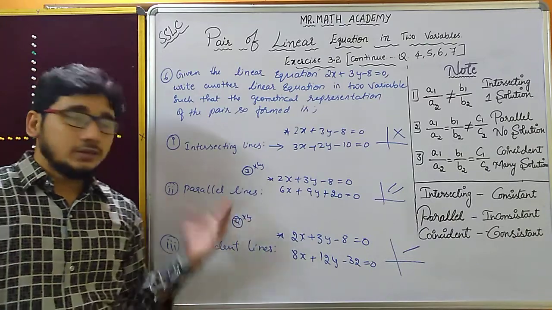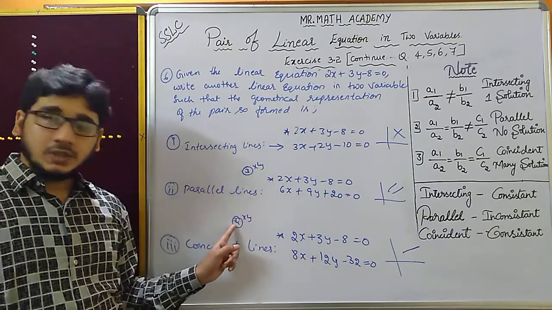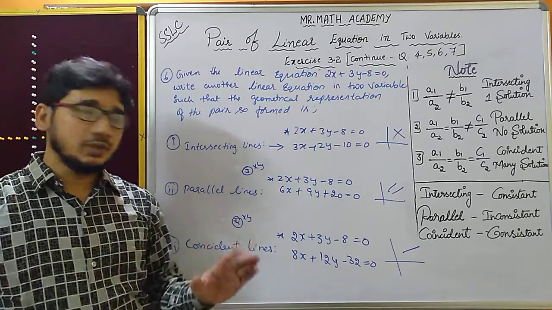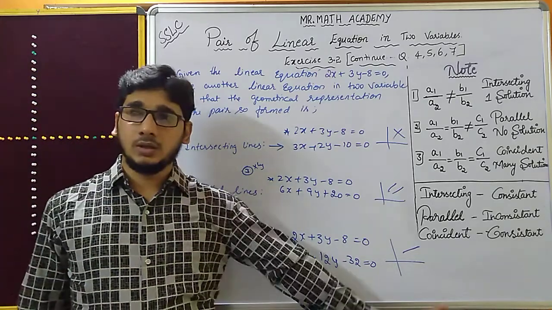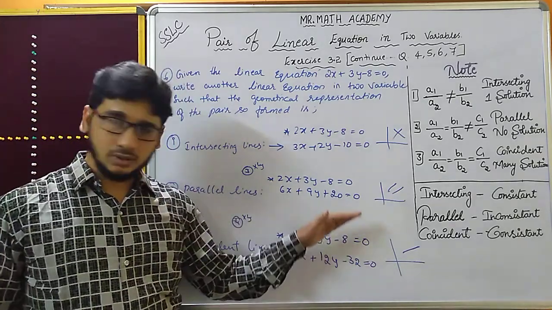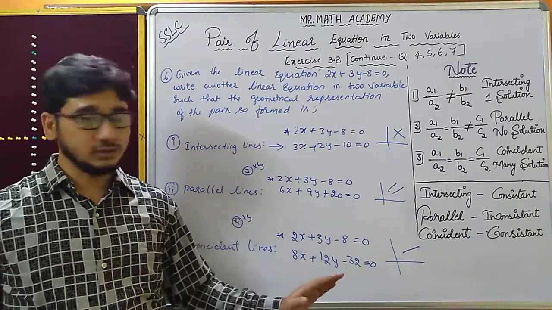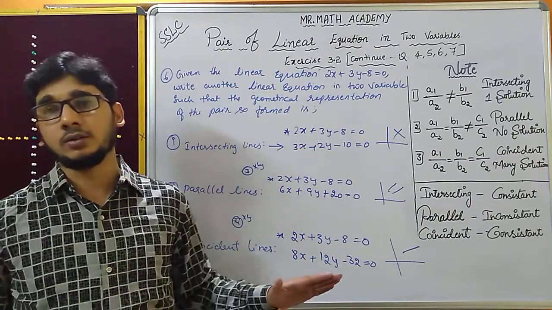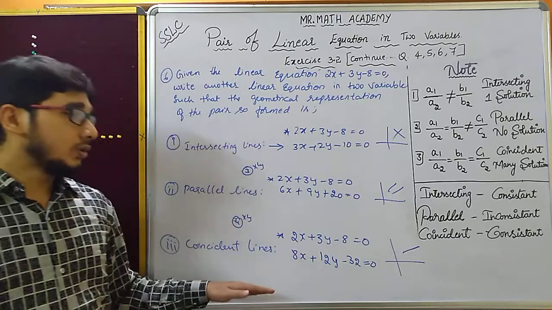for a coincident line you have to take any one number, 2, 3, 4, 5, 6, 7, 8, any number, and multiply all the numbers. Keep all the remaining signs as they are, minus minus plus plus everything, do not change the signs also. So you will get a coincident line.